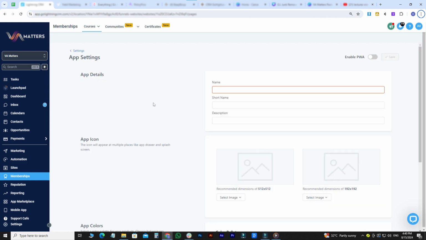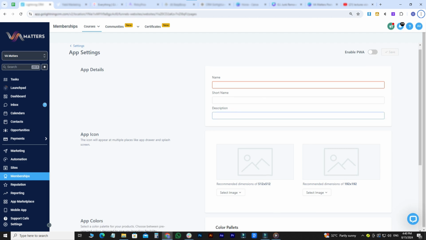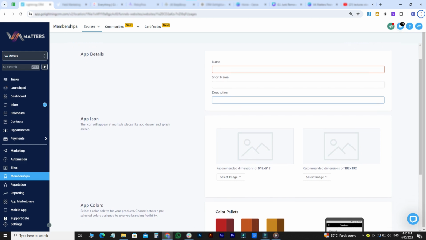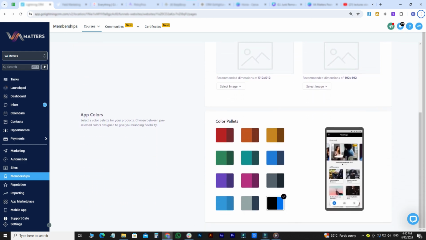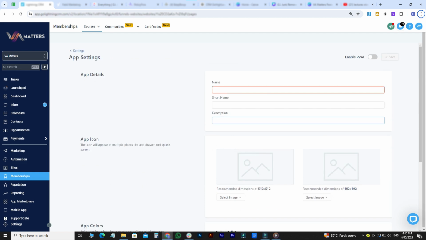Okay, so here you can edit the name of your app and give it a short name and a description. You can also add an app icon. You can also select the app colors. And yep, that's pretty much it for this one. So now that we are done with the settings, let me show you how you can add a chat widget